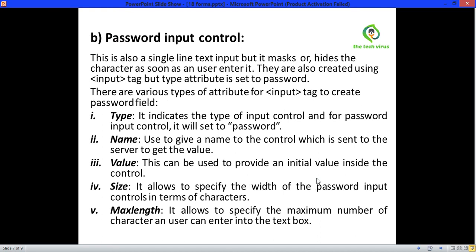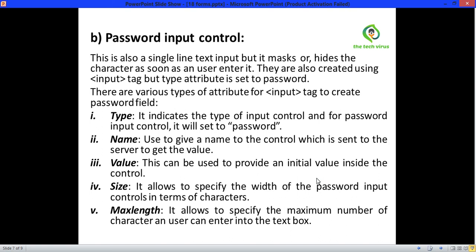Second type of text input control is password input control. This is also a single line text input, but it masks or hides the characters as soon as a user enters them. They are also created using the input tag, but the type attribute is set to password. There are various types of attributes for the input tag to create a password field. First one is type. It indicates the type of input control, and for password input control it will be set to password.